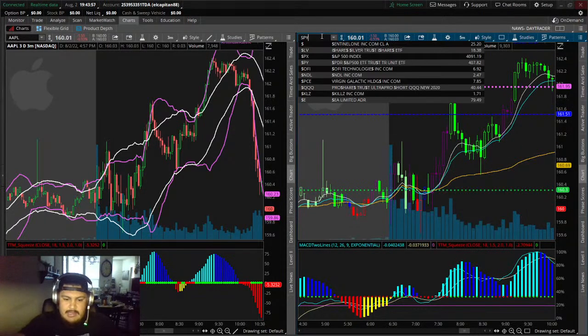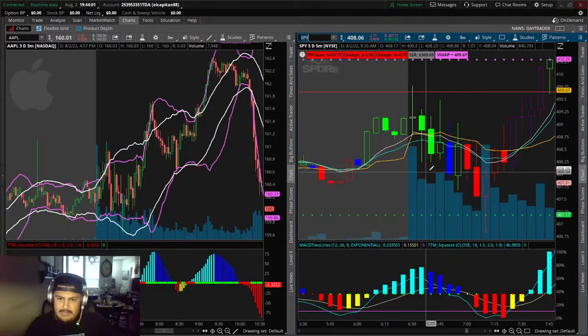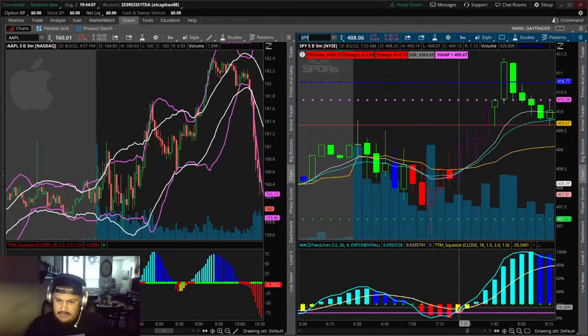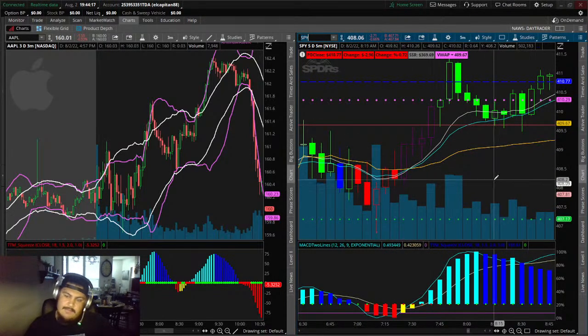See the SPY. So yeah, the SPY right here, so the same thing, right? We had this consolidated market going sideways, and then once we got these purple candles right here, here's your TTM showing 1, 2, 3, 4, and then here we go to the upside, and the purple candles right here are extra confirmation. They have MFI also